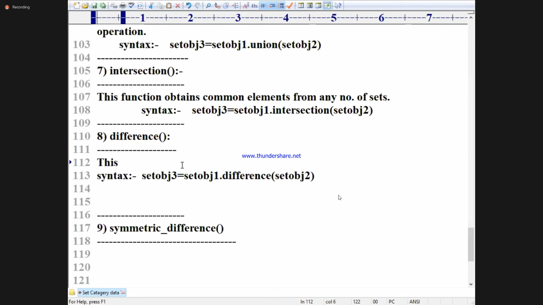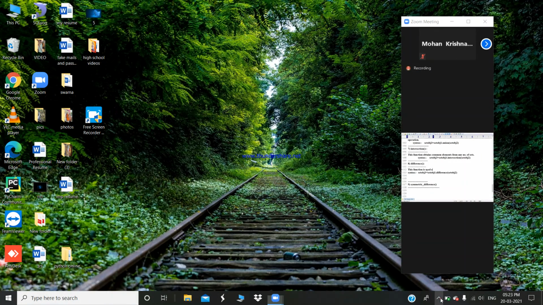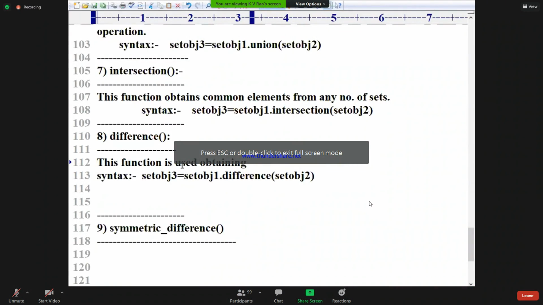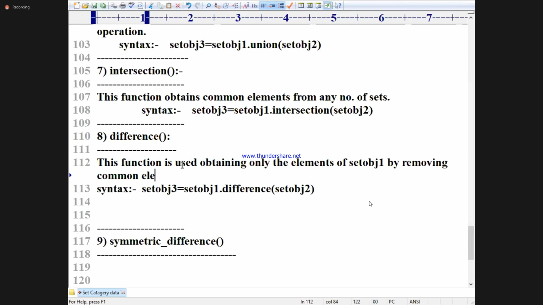This function is used for obtaining only the elements of set obj1, with the syntax I am writing. Only the elements of set obj1, by removing common elements from set obj1 and set obj2.